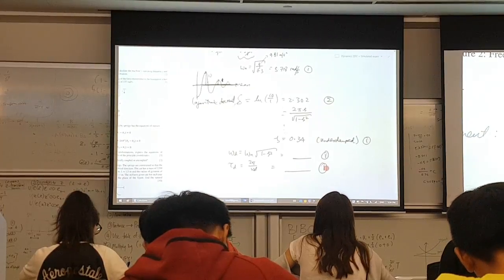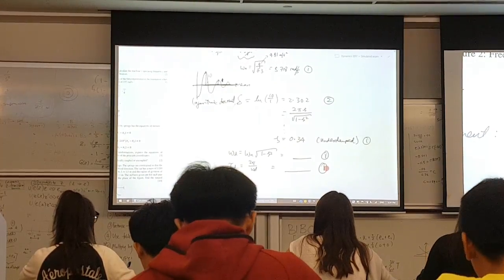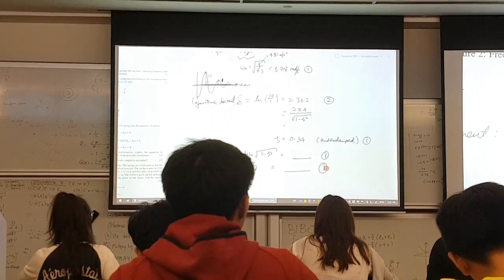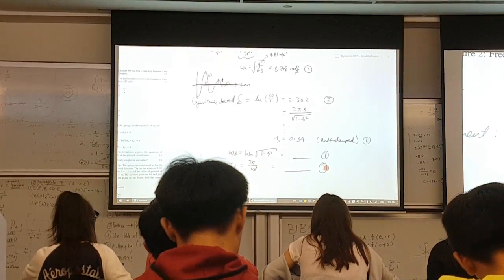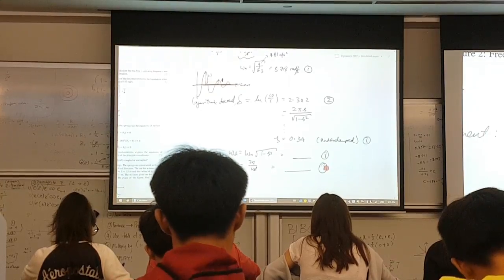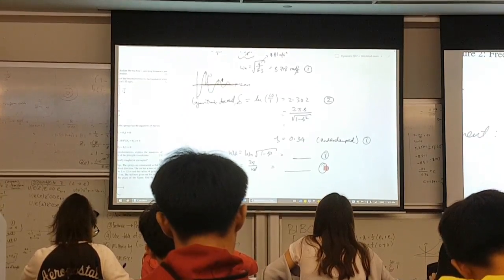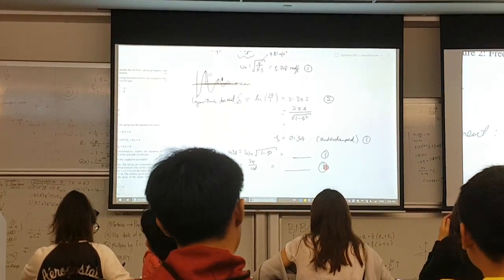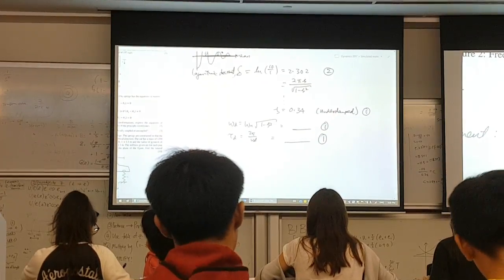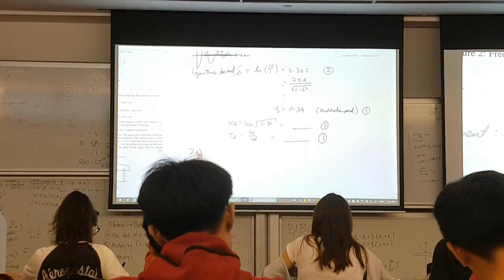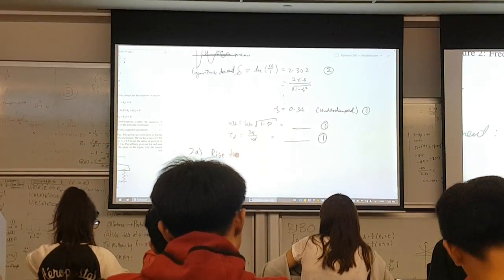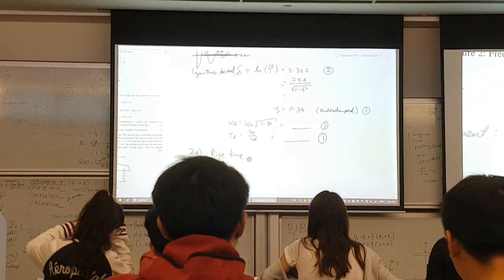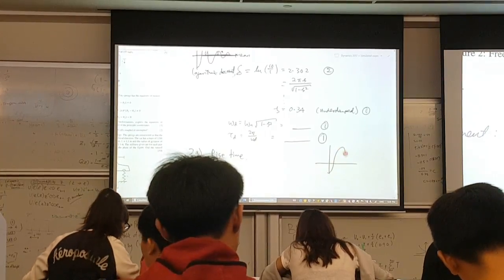So question 2, explain what it means by rise time, and then maximum overshoot. So this one was one of the past year papers that I put in. So for rise time, if you were to sketch in that way,